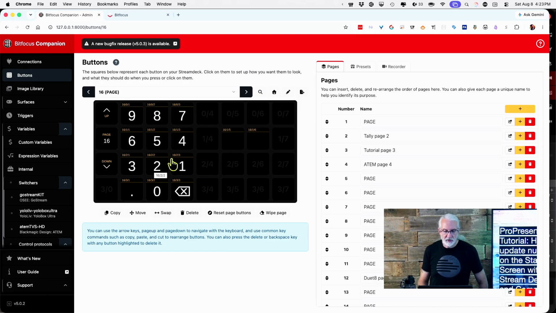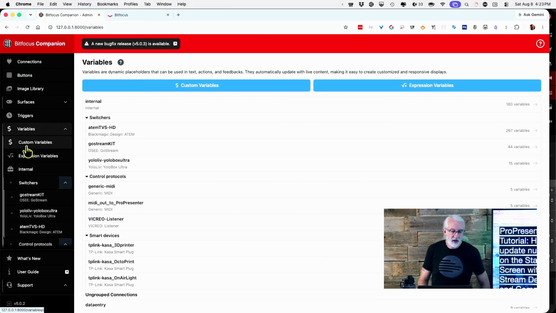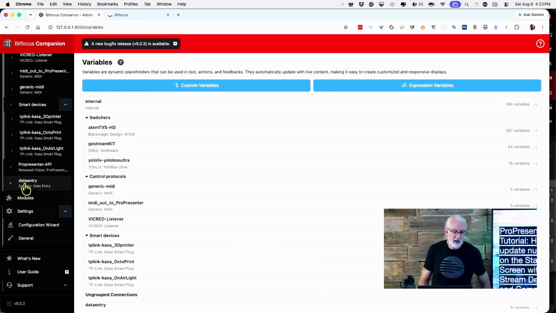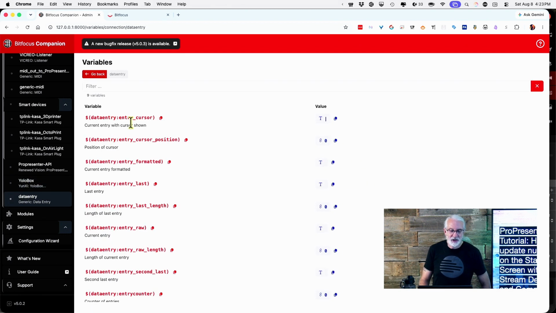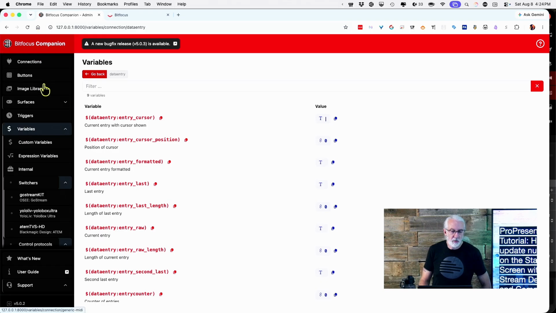The next piece of the puzzle is we need to have a kind of a display of how many we put in and a way to send that to the stage screen. So to display what's actually showing, let's go over here to variables. When we do that, we scroll all the way down until we see data entry, not yellow box, data entry. And when you do that, if you were to copy this very first one, data entry cursor, copy that and go back to your buttons